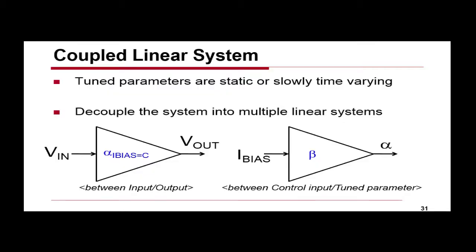So what we do for a coupled nonlinear system is we assume the tune parameters are static or slowly time varying. And we break it, again, into two quasi-linear systems. And we validate the two quasi-linear systems agree between the model and the implementation. Now, if the control varies rapidly, it will adjust the output rapidly. We don't validate the time interactions between that. So that's the thing that we don't validate precisely. And if that was critical, we probably could think about that. But in no systems that I know of so far is that a critical design parameter.